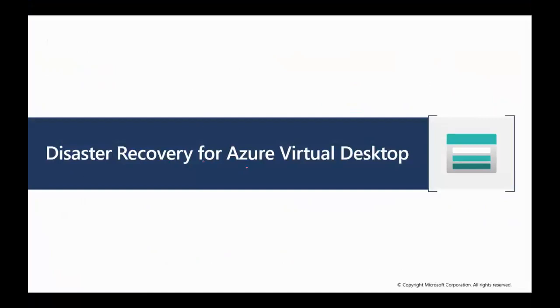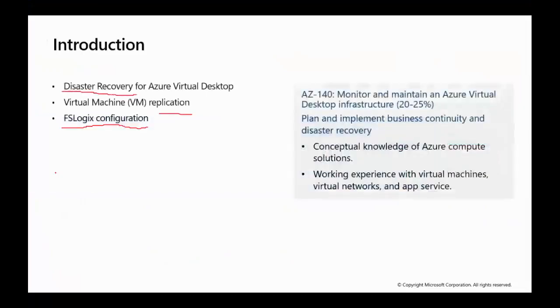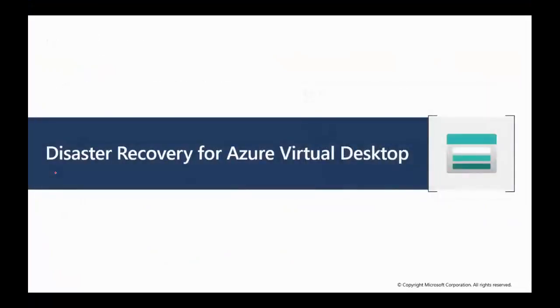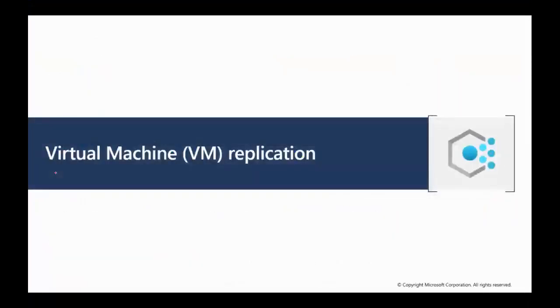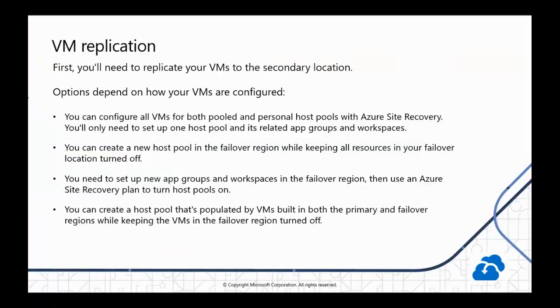So, disaster recovery for Azure Virtual Desktop. How do we do that? How do we do disaster recovery for Azure Virtual Desktop? Of course, all of you will expect my answer, which is replication. It is called VM replication, because VM replication means that your environment or your virtual machines are replicated to the secondary location of your virtual desktop. Your options for doing so depend on some important topics, how your VMs are configured